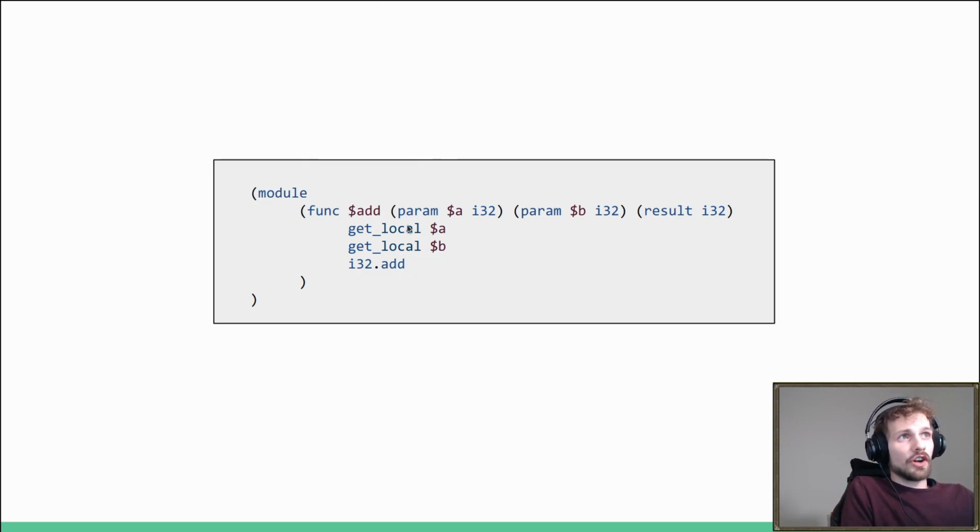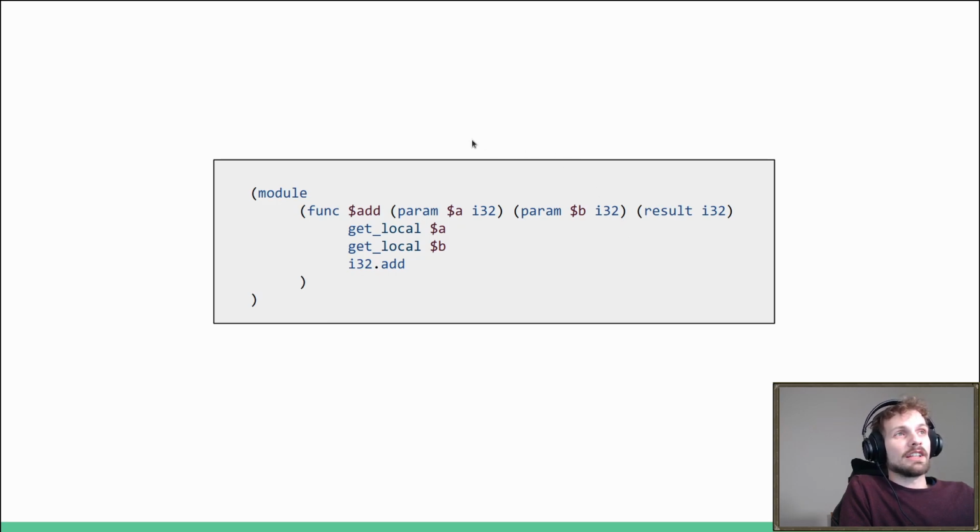So first of all, this function will consume two values from a stack. That's called a call stack. And it will replace these two values with one value. That's what the signature of this function says will happen. So this function adds two numbers together, consumes 2 values, and replaces that with 1 value.